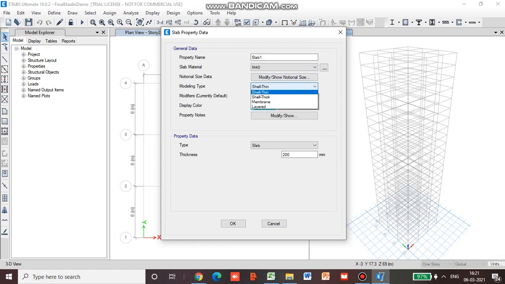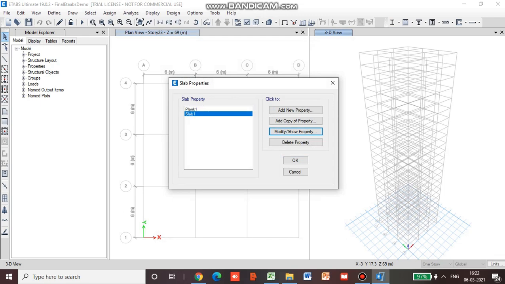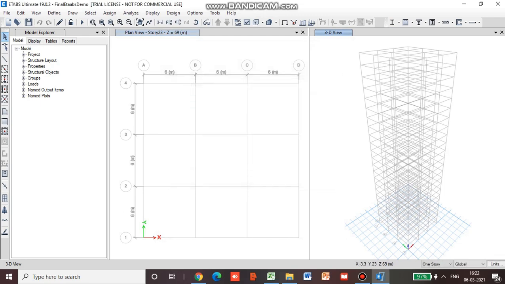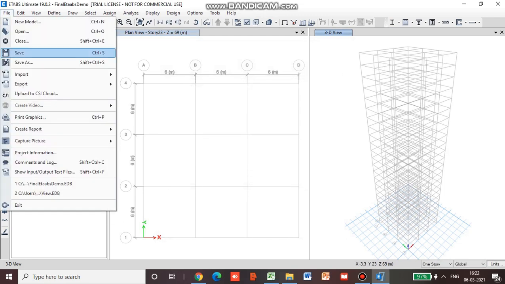The modeling type, you have all these options. Keep it shell thin. Since it is a deck slab, it's going to act as a shell. And then the thickness we are going to keep 150. Okay, okay. File, save.